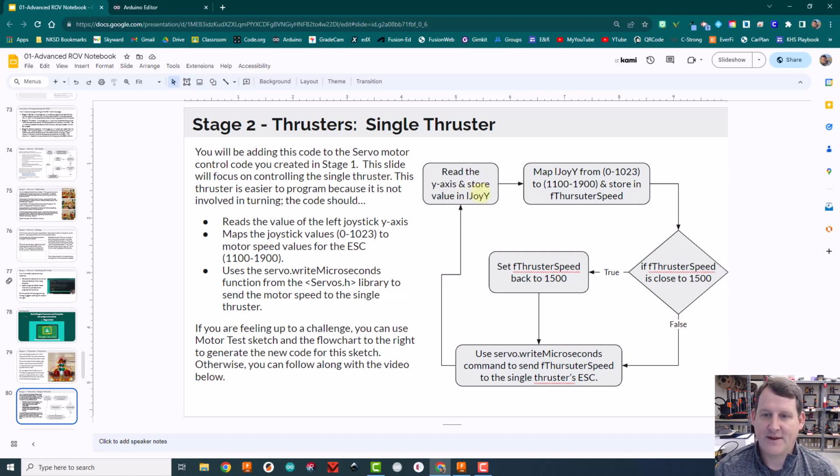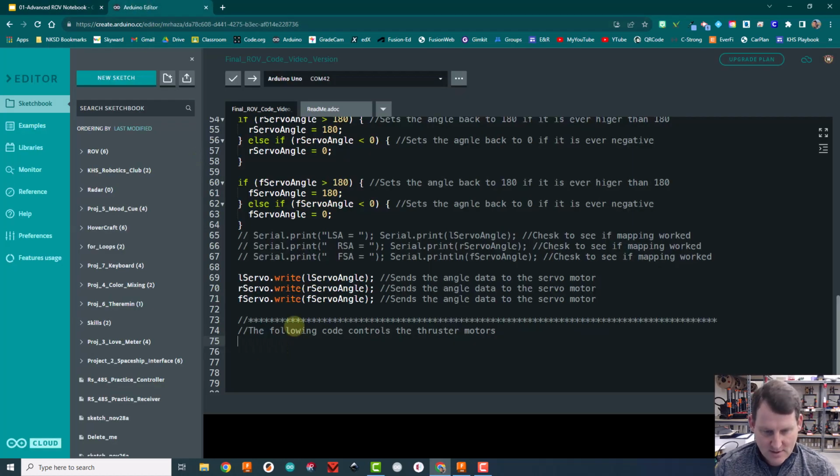Wait, yeah, that's right, left. So L for left joystick in the Y direction. Okay, so I know that my joystick isn't all on or all off. It's partial values in there. So I want to do an analog and not a digital read. So analog